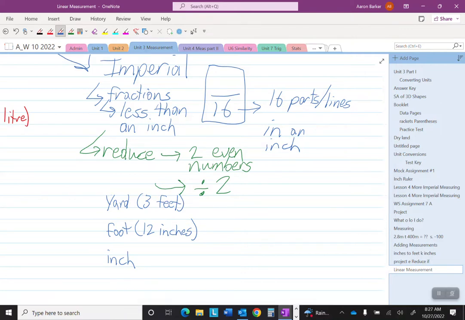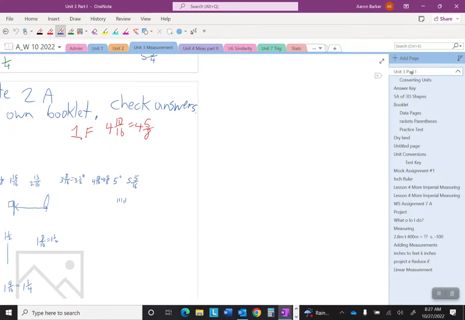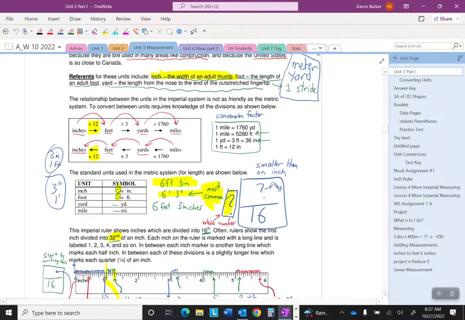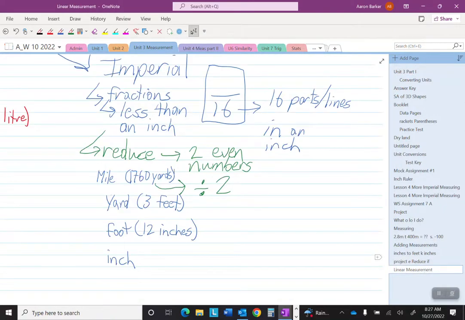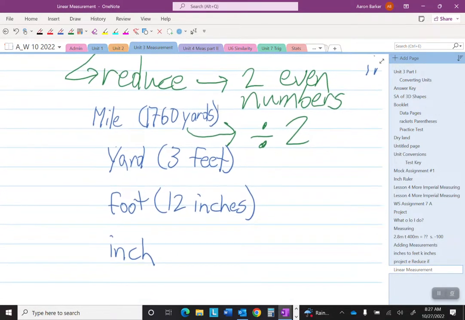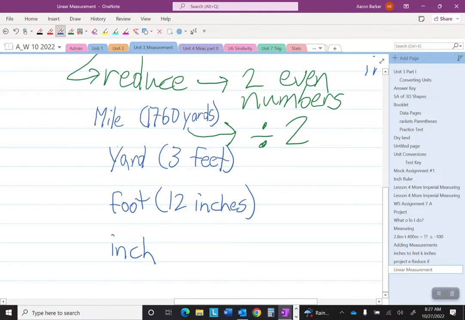And then we have a mile. Do you guys know how many yards are in a mile? I believe it's 1760. Let me just double check. I'll go right back to this. I just got to look. I don't want to get that wrong. Yeah, 1760. Okay, 1760. And so if you're going down, you would multiply by